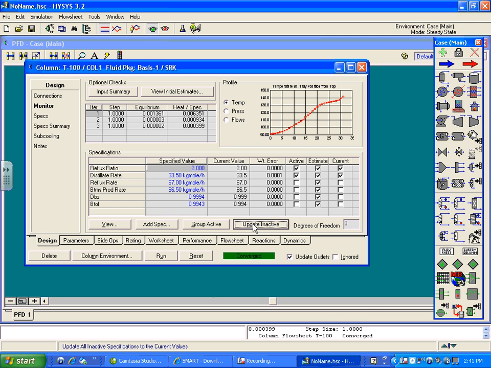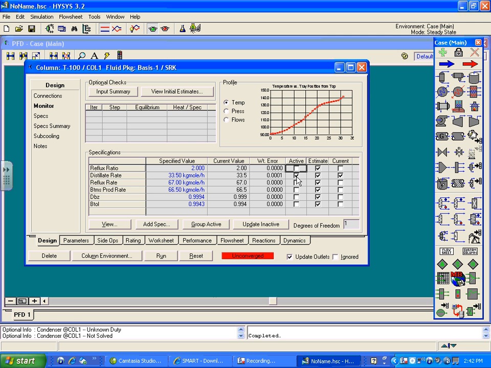So I say update inactive. You see I'm having the amount of benzene in the distillate is 99.9% of what's coming in. However, the amount of benzene in the toluene is only 99.4%, which is slightly lower than the 99.9% that I want. So what I say is,